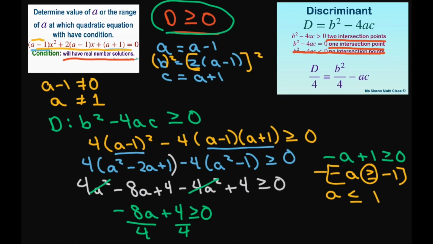But again, a cannot equal 1, or it wouldn't be a quadratic equation. So that just means our a has to be less than 1, because a cannot be 1. It cannot equal it. Put a little line there. So that is your